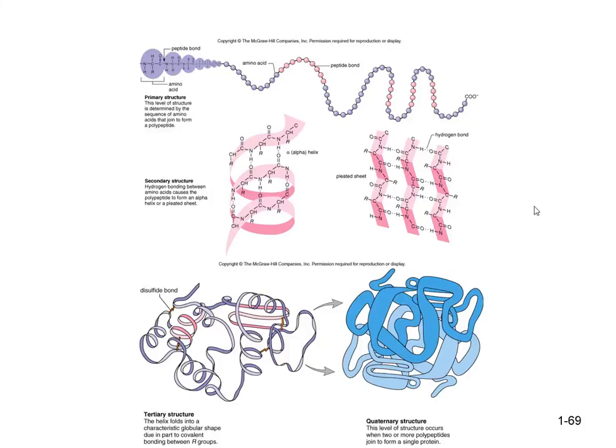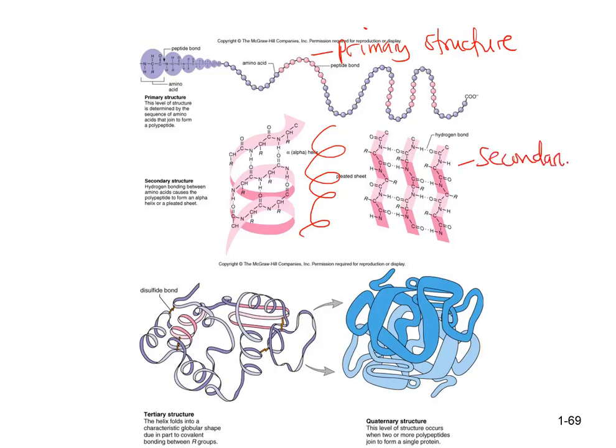So again, these are the structures of the protein. If you see a diagram, this is the primary structure of protein. These ones, you see the coiling here. This is the secondary structure